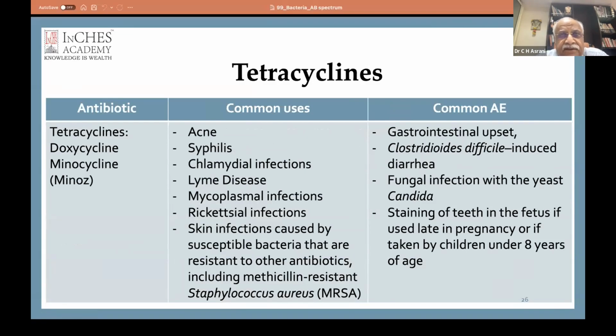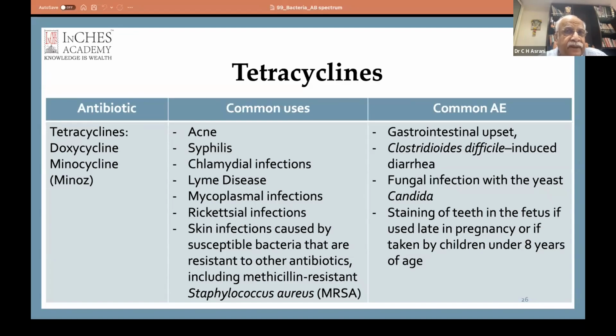Tetracyclines, yes. Doxycycline we are still using. We may not be using tetra. Tetra, doxy, and minocycline. Common uses: acne, syphilis, chlamydial infections, Lyme disease, mycoplasma, rickettsial infection. We use doxy a lot in COVID. Skin infections caused by susceptible bacteria that are resistant to other antibiotics,